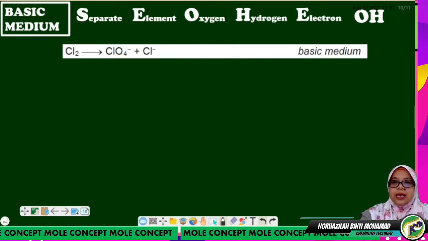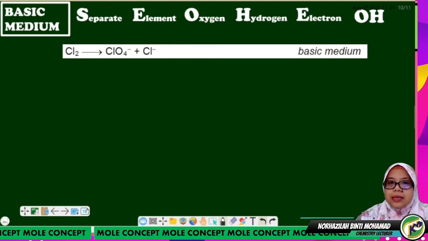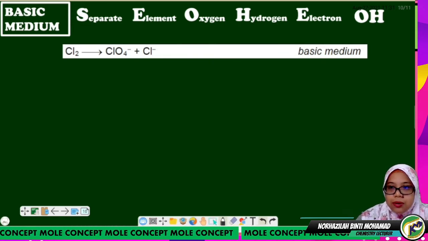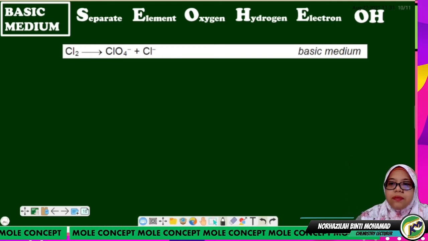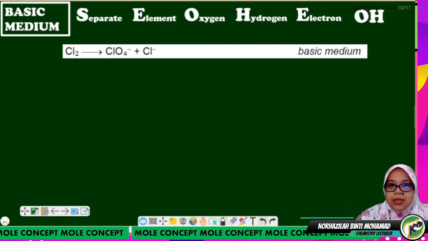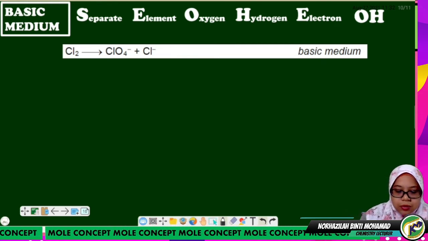So in this case, same as in acidic medium, we need to separate the equation into two. Right now I have one type of reactant and two types of product, but both products have Cl. So that means we need to separate it into